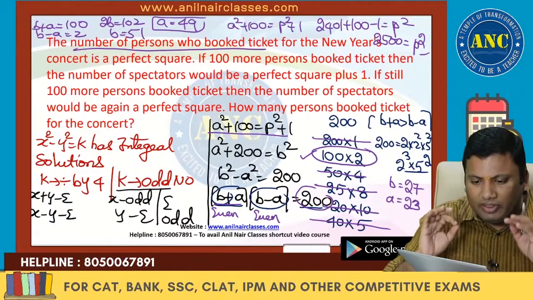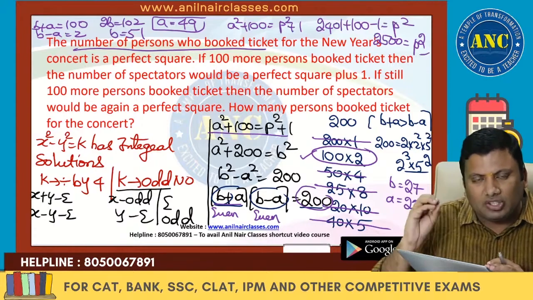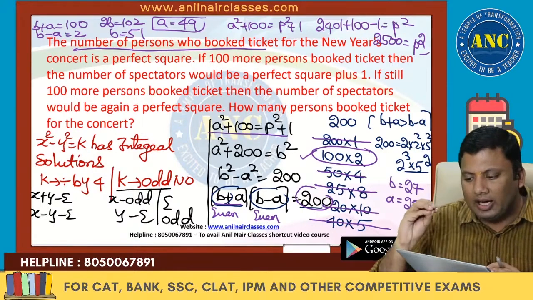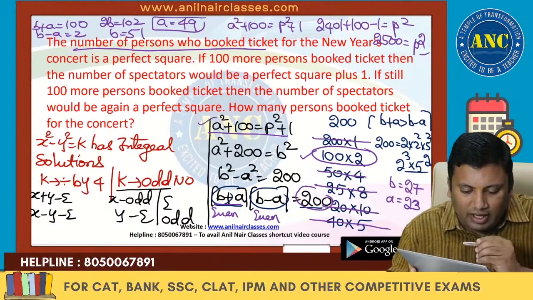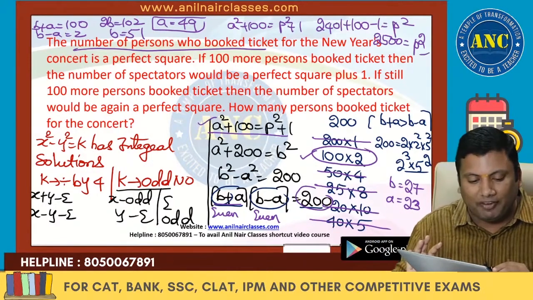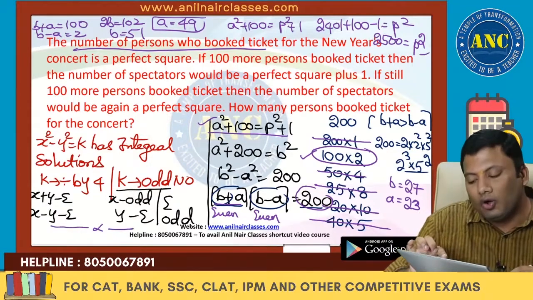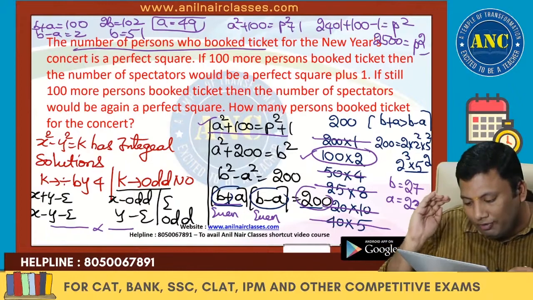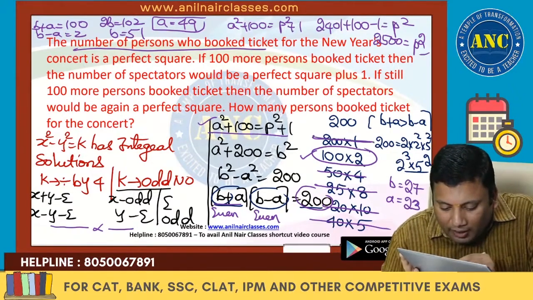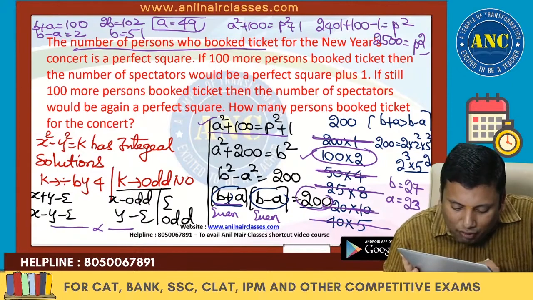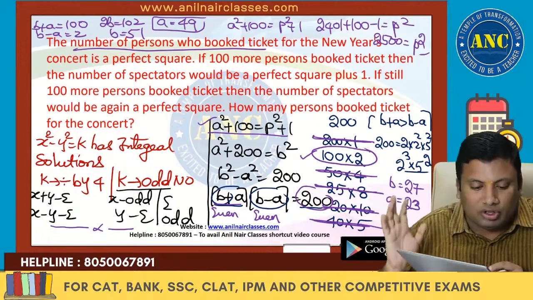Nothing is there. The number of people who book the ticket is a perfect square, so it is a square. If 100 more are added, it will become 1 plus a perfect square. If you do not know this concept, you will go for enumeration. You will do it for 100 into 2, 200 into 1. You can eliminate cases in 5 calculations if you know this concept.